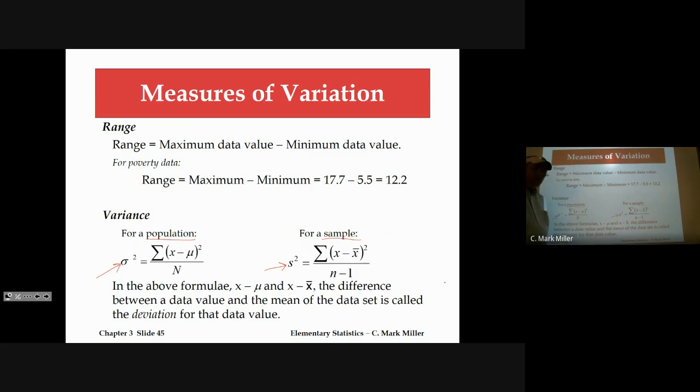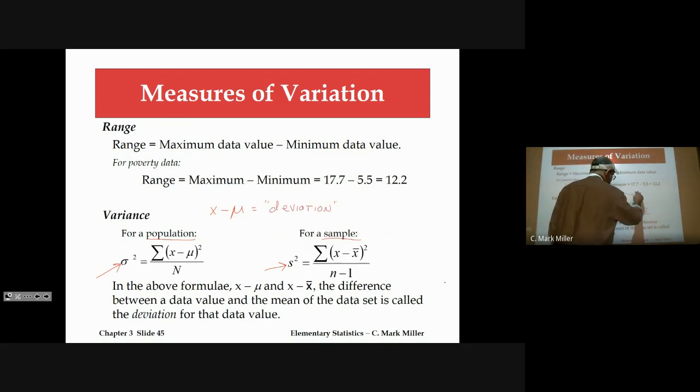What you're doing is you're taking every data point. We're going to be doing this here in a second. You take every data point and you subtract the mean from every data point. So those data points that are above the mean, when you subtract the mean, that will be a positive number, right? And by the way, x minus mu is called a deviation,